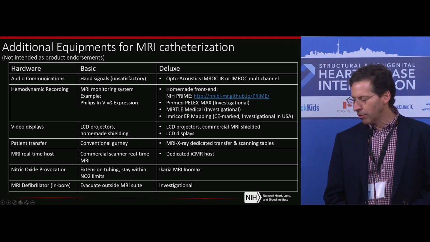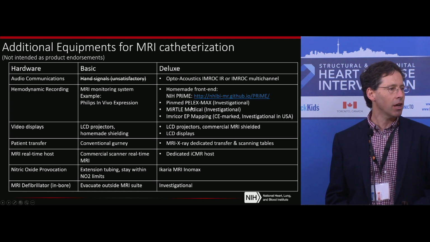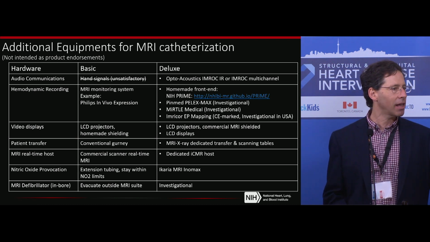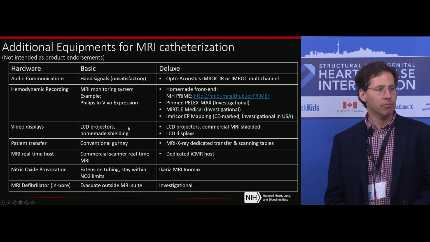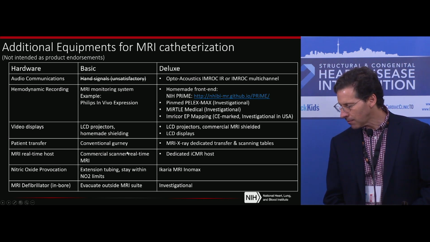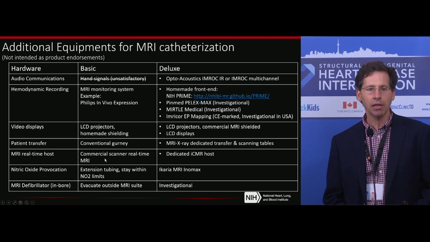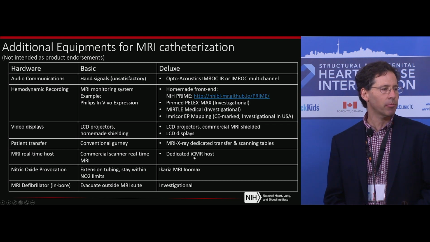So for hemodynamic recording, you can use the stinky radiology monitors that most MRI scanners have today, or you can make some kind of non-commercial front end to connect to your very fancy high-fidelity hemodynamic recording system, MacLab or Sensis or whatever brand you like. The video displays are pretty inexpensive, and you can suspend them from the room. You could buy a $1,000 video projector, and most of them actually just work out of the box. You can accomplish this using any cardiac MRI commercial system, although there are dedicated interventional cardiac MRI hosts that make